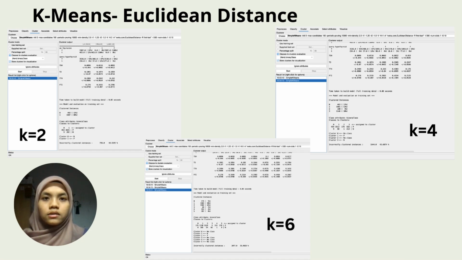Attributes like on tyrosine and query hypothyroid show distinct differences between clusters, with cluster 0 predominantly marked as false and cluster 1 as true. Class distribution reveals cluster 1 mainly associated with the positive class P and cluster 0 with the negative class N, highlighting clear distinctions but with no notable